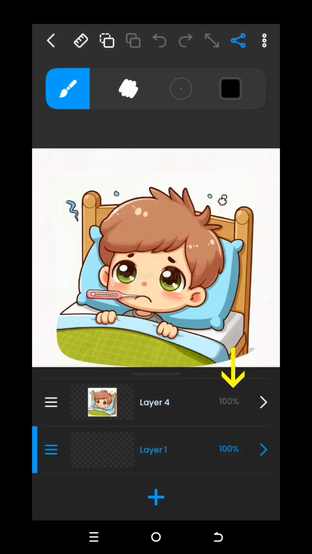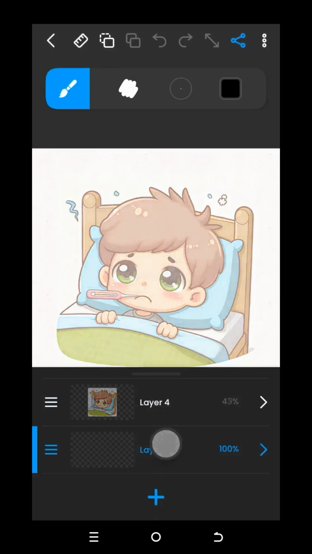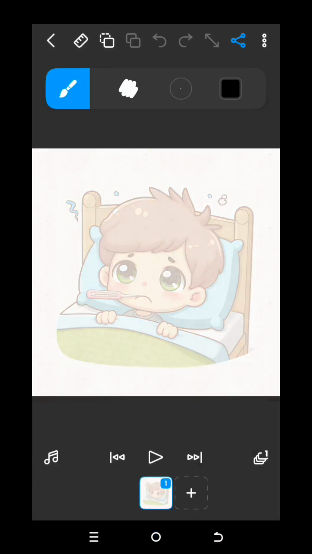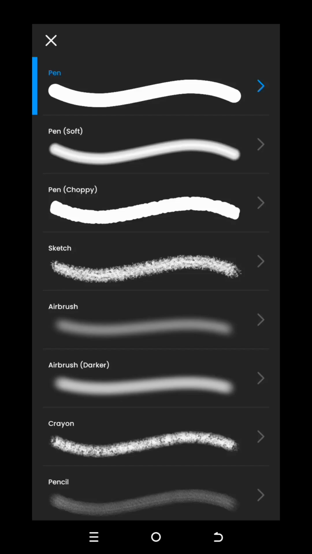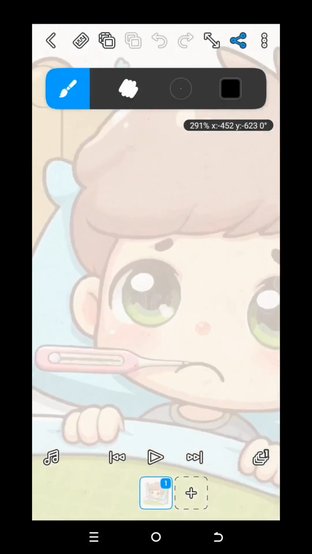Then I'll reduce the opacity of layer 4 by dragging the values. Okay, now we're about to trace this, and we are in layer 1. Now let's set our stabilizer to 0. Then if you trace this,